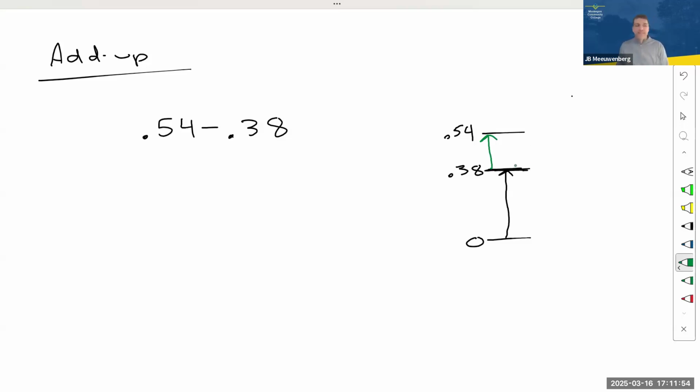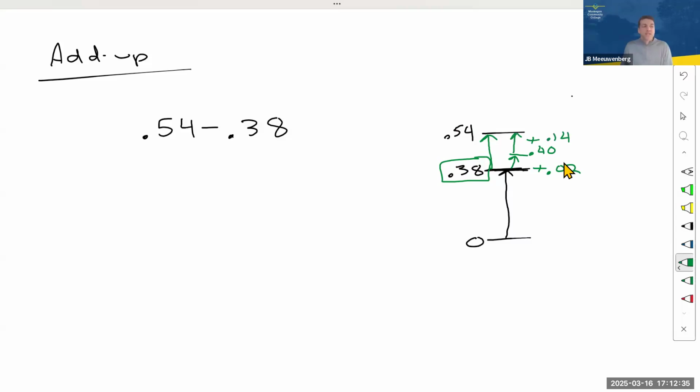And that's going to be my answer, right? And so you can do this in phases. The first thing that you might do if you're trying to use the add up technique is get this 0.38 up to a nice number. A multiple of 10 is always good. So if we add 0.02 to 0.38, that gets us up to 0.40. From there, if you think about this as 40, and we're trying to get to 54, we have to go another plus